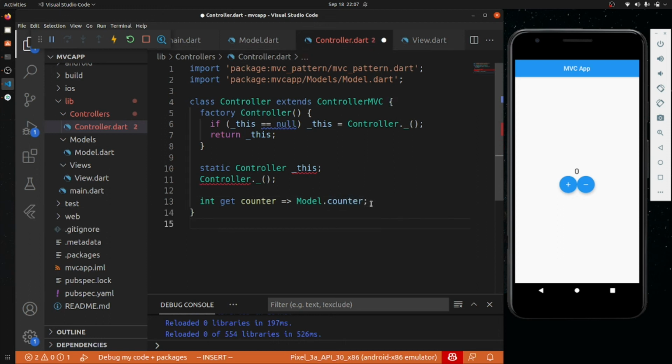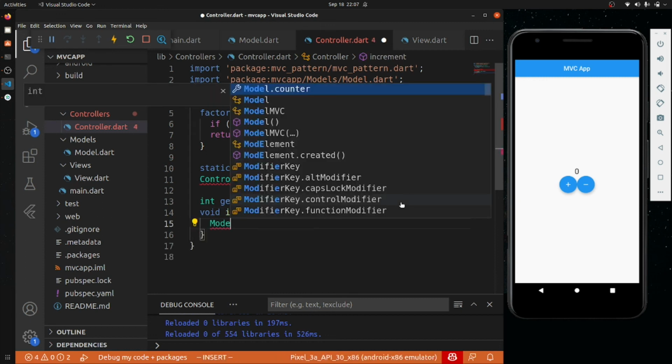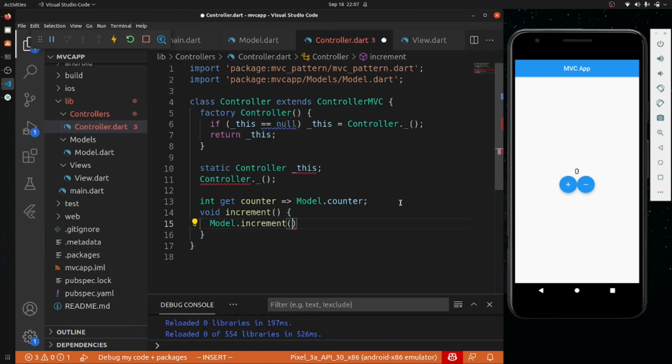So we have included that, and now we need to create the same functions again like we did there. So void increment, which will just do model dot increment. Similarly void decrement, model dot decrement. So this is the whole thing, and why are we getting this error?